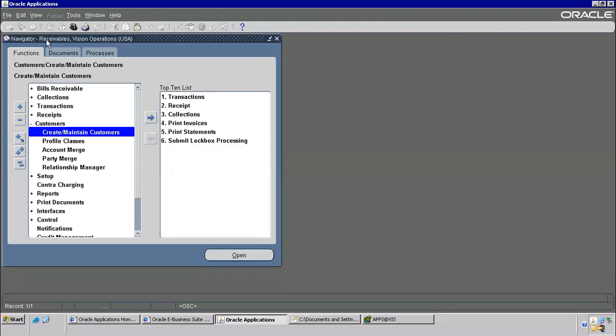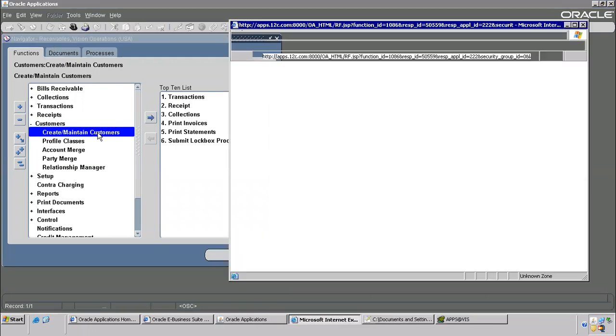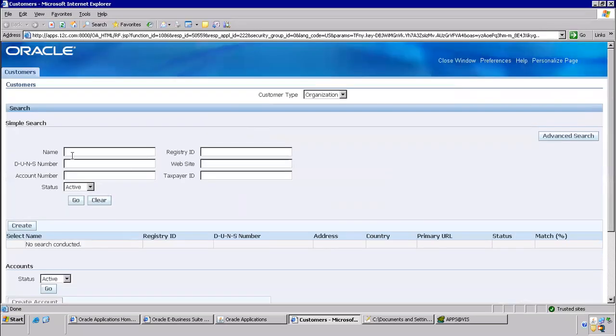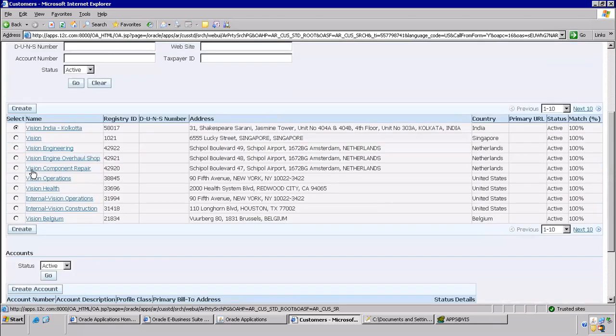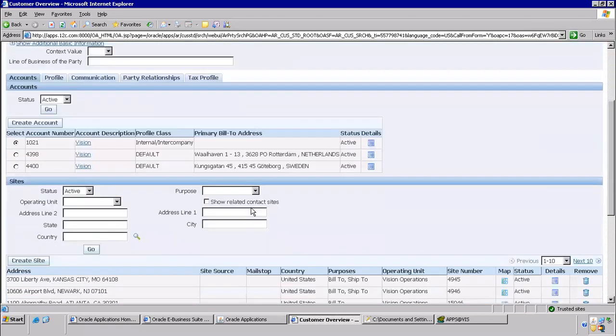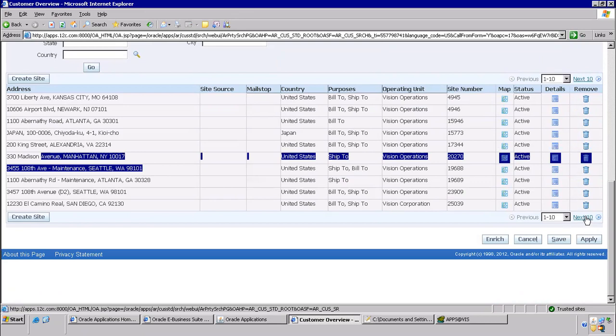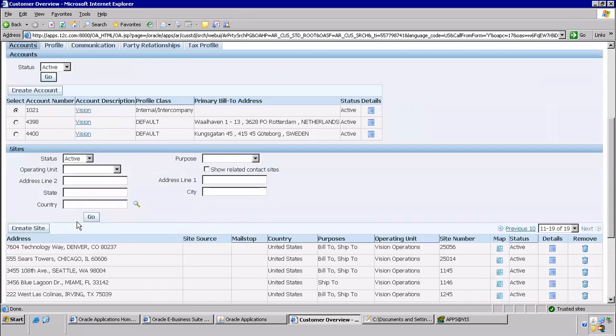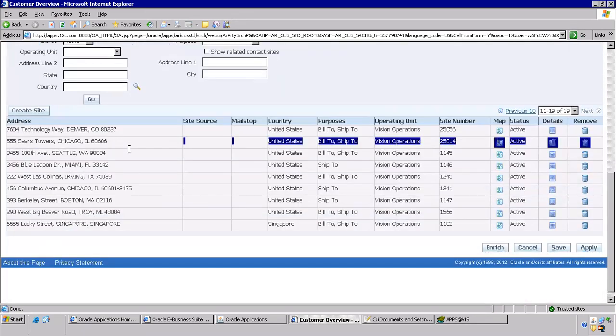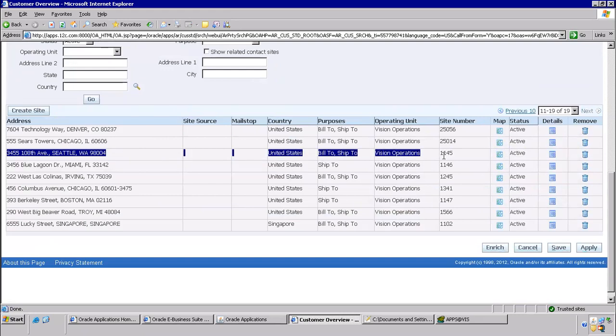Navigation. You are under receivables because this is the place for customers. Customers, create, maintain customers. And the name is here, Vision. Go. Here also somewhere Seattle is there, but this is different. It's a maintenance department. Go to next. This is the record I'm talking about. This record. You have to click on here, details,